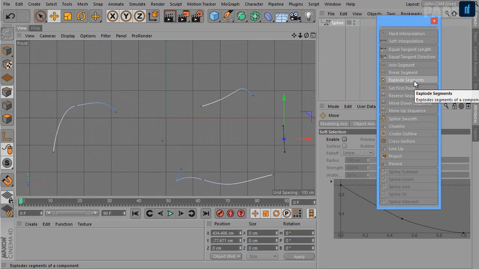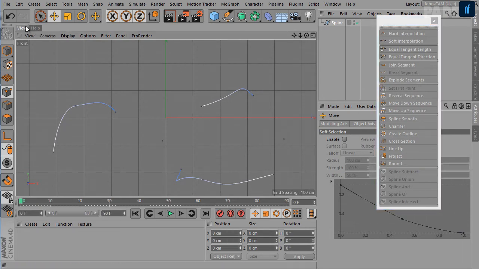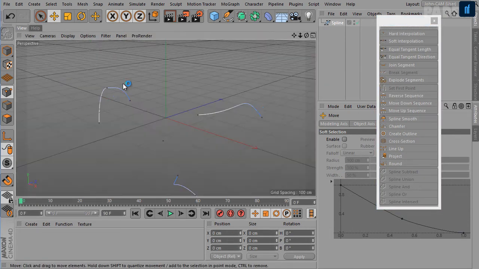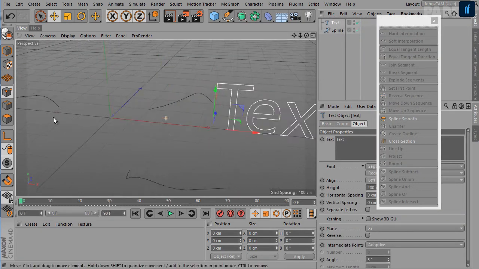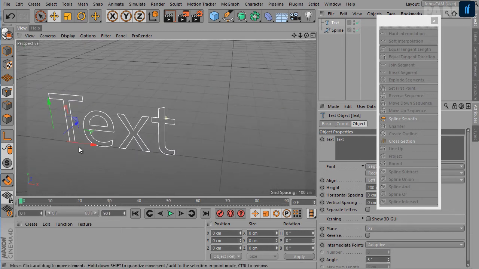Next is explode segments. You can use this command to split a spline into separate objects. For this command to work, you don't need to have a selection or the points mode active. The new splines become children of the original spline. To demonstrate this, I'll create a text spline and move it over here.